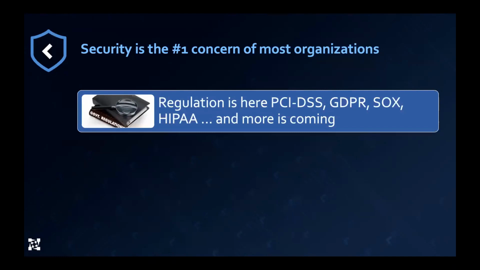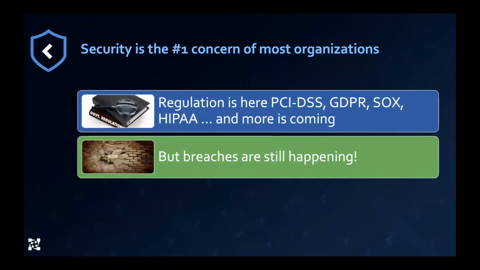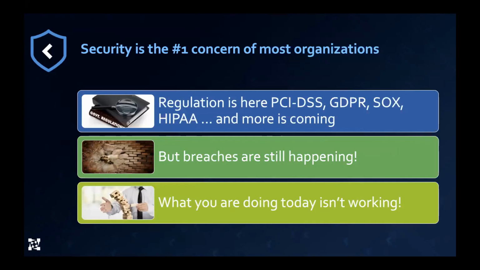So we know that there is a problem, and we know that there is a lot of regulation associated around privacy and obviously credit cards with the payment credit card industry. However, what we know is that breaches are still happening. Many organizations live in constant fear of becoming the next headline news, the next Equifax, the next Target. There are constant breaches being reported in the industry. So obviously, whatever we're doing today isn't working. Our current approach to security has some fundamental flaws with it.